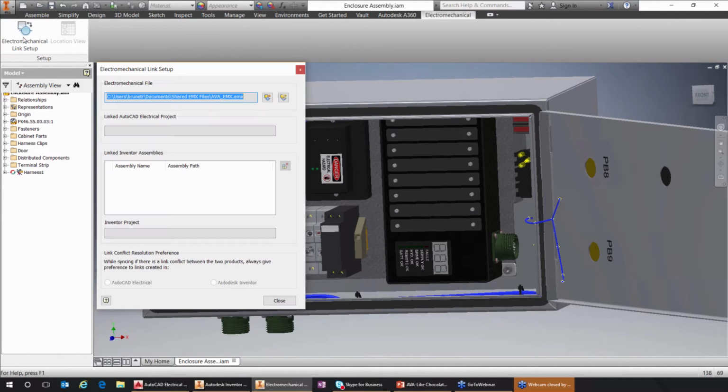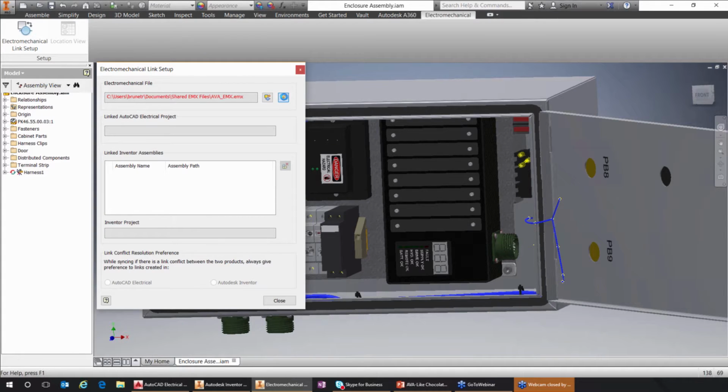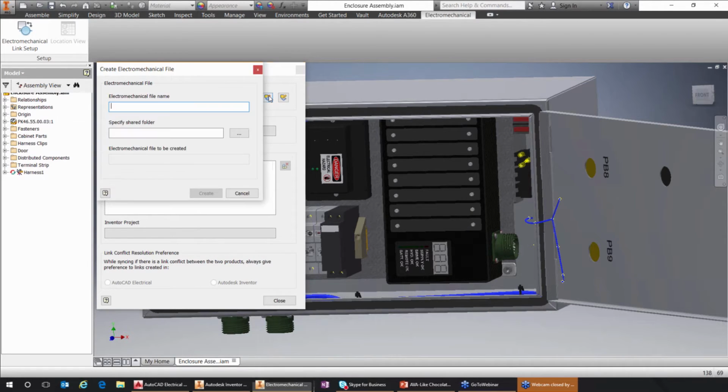Our first step is to go to the Electro-Mechanical tab. We're going to create that link file. So the file name, we're going to create a new one. So let me break this link from my practice session this morning, and I'll start a new one. Give me just a second here. So I'm creating this new file. I'm going to give it the name